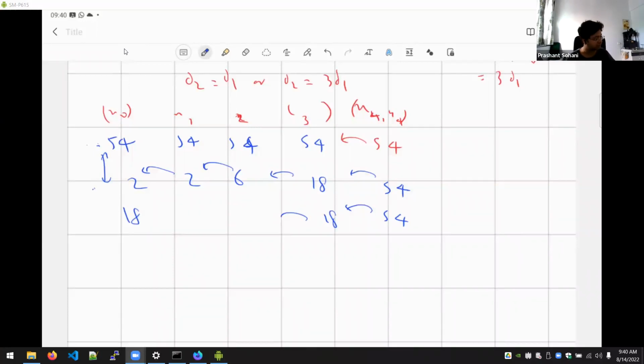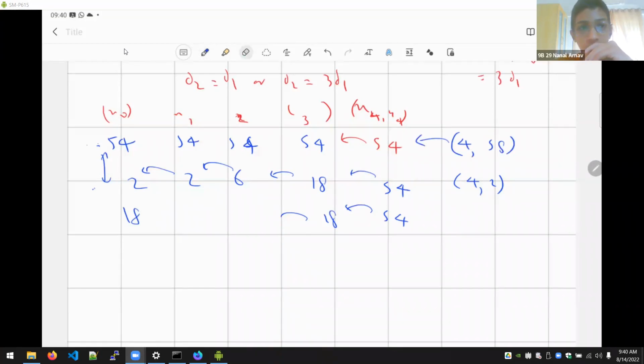I don't remember exactly, but I think 4 and 6 works because I think I checked that in the paper. Yeah, 4 and 6 or 4 and 2, something like that works. And I think the other pair was 4 and 54 plus 4, basically 58. This is the case where something like this happens. Oh no, sir, I think it is 54 and 108. That way GCD will always be 54.